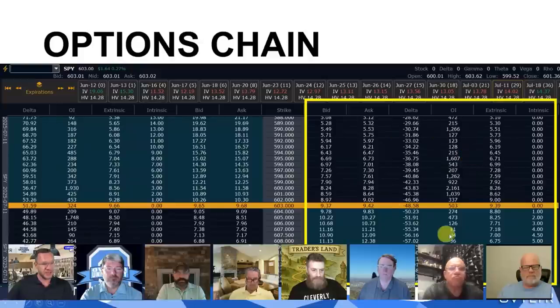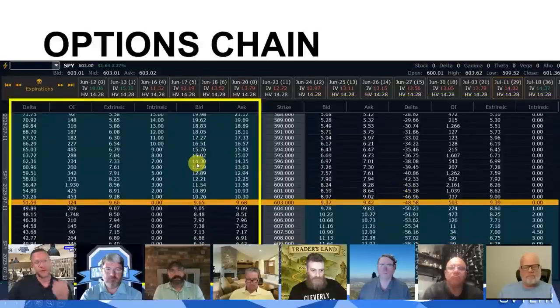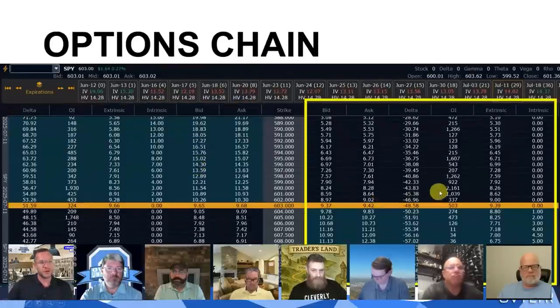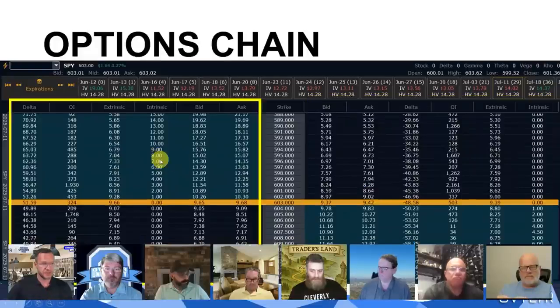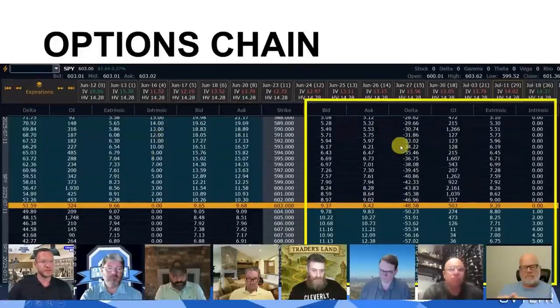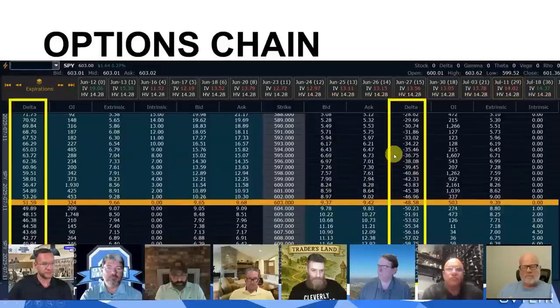On the right-hand side, these are your puts. These are what go up in value as the price of the stock goes down, right? So remember, if you want the price of the stock to go up, you would focus in on the calls. If you want to trade with the price of the stock going down, you would focus on the puts. Okay. There's only two types of options, calls and puts. This is for when you want the stock to go up. This is for when you want the stock to go down.